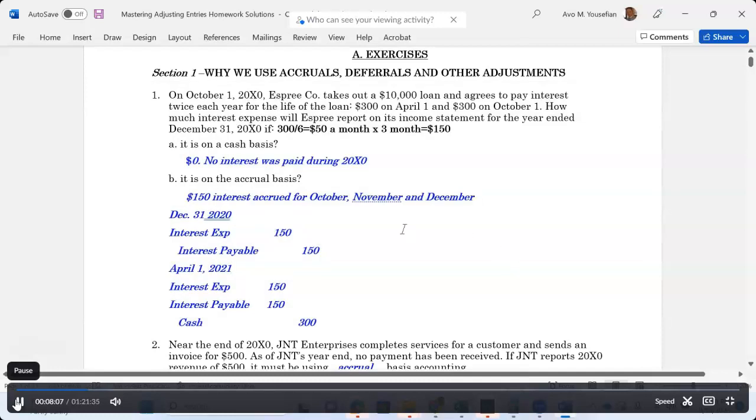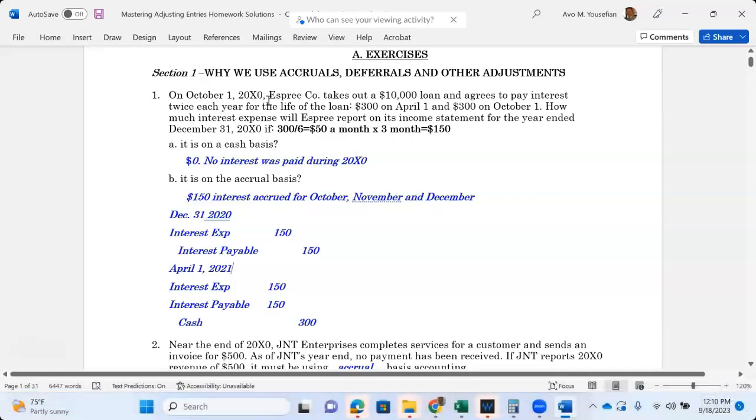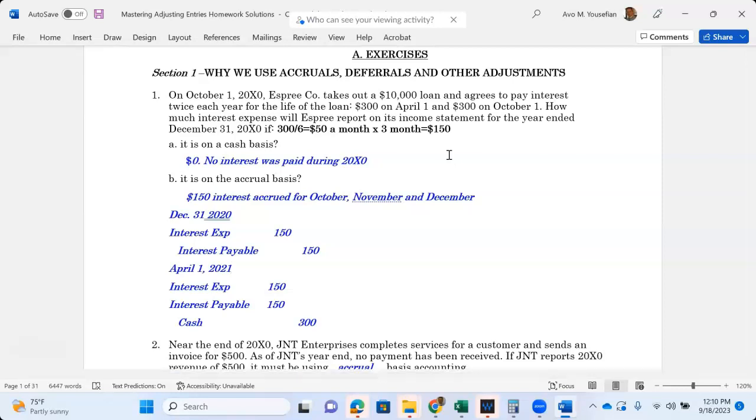So let's go to problem 1, section 1. On October 1st of 2020, ACCRUED company takes out a $10,000 loan and agrees to pay interest twice each year for the life of the loan. $300 on April 1st after 6 months, and $300 again 6 months later on October 1st. How much interest expense will ACCRUED report on its income statement for the year ended December 31st of 2020 if